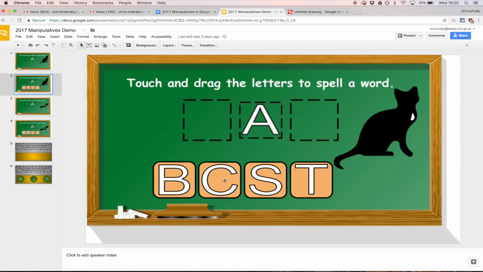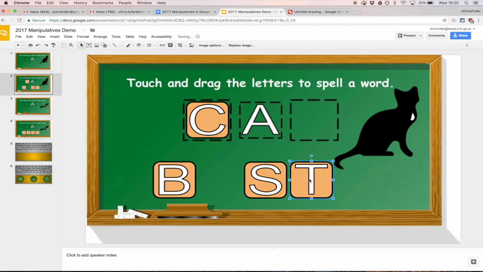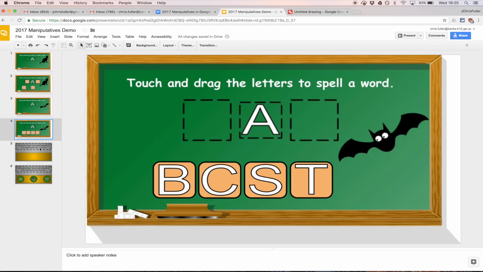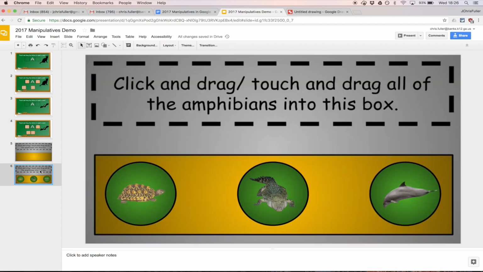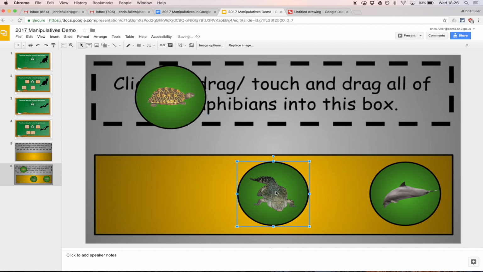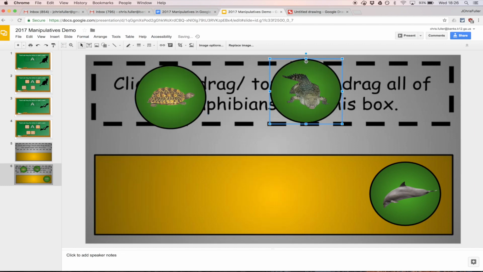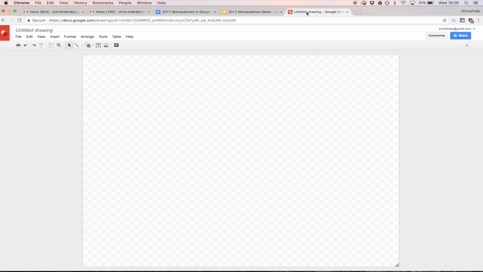So if you want to learn how to make these little manipulatives that they can drag inside of a Google Slide, and then turn that back into an exercise or a warm-up that you do in class, then pay attention and I'll show you how to get started. The first thing you're going to want to do to make your manipulative is to open up a drawing inside of Google Drawings. So go ahead over to